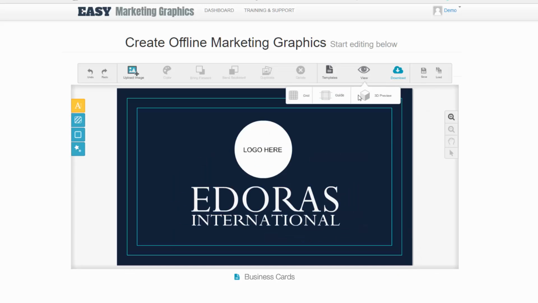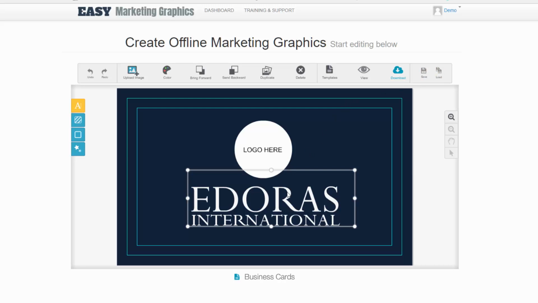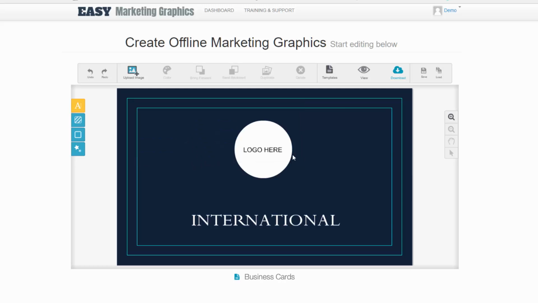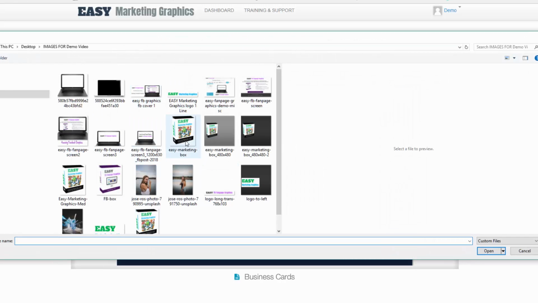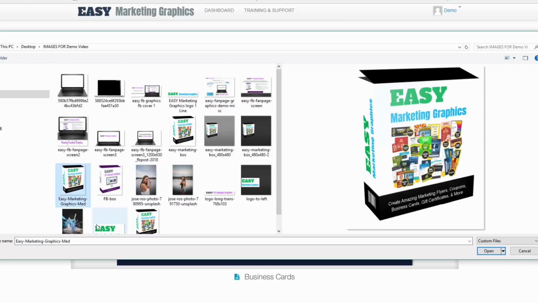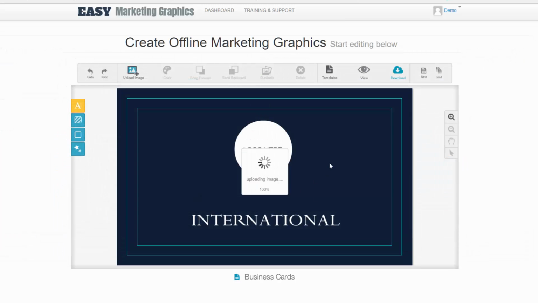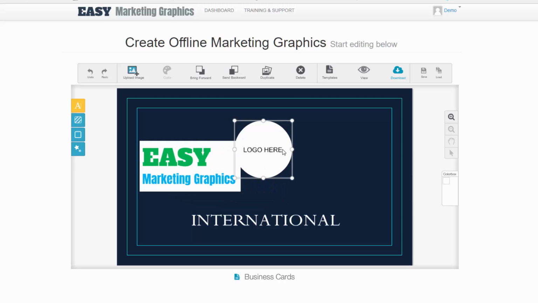Now, if you click the save button, again, I mentioned this earlier, it will save an XML file, and that is the one that if you want to come back and do edits to something that you've changed, you'll want to click the save button to save the XML file, and then use the load button to load up the XML file later. For example, if you changed this and you added your own images, and let's say you just grabbed my icon or my logo real quick, and get rid of that one, get rid of that,